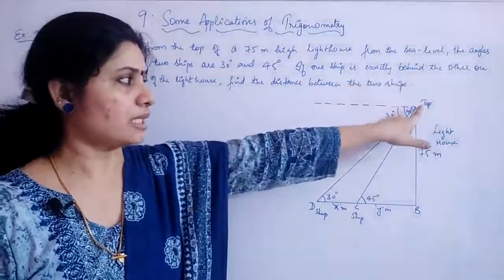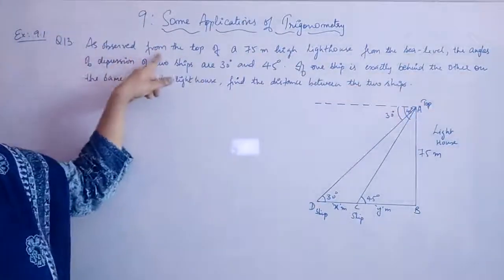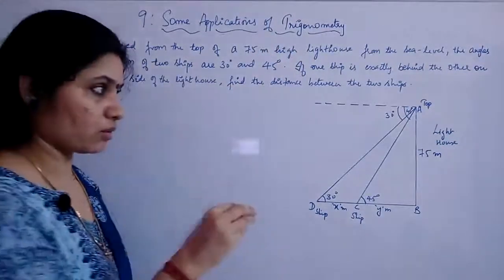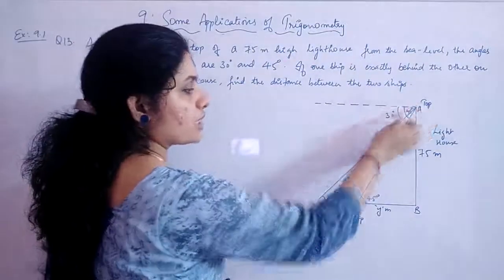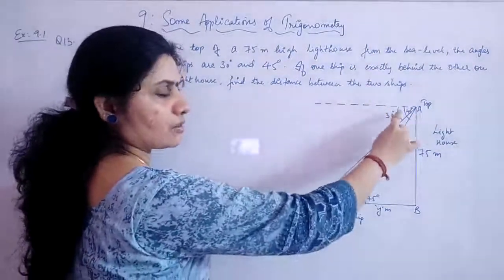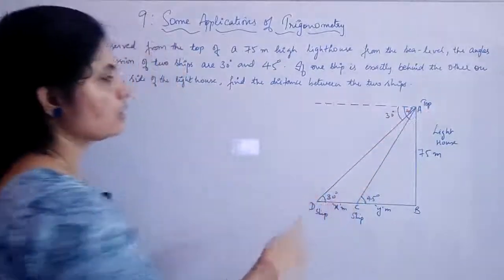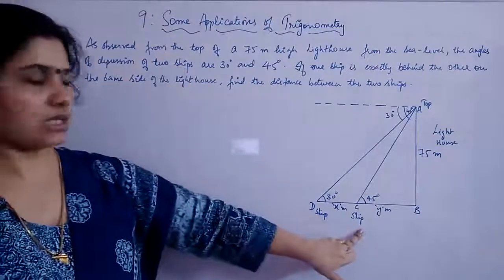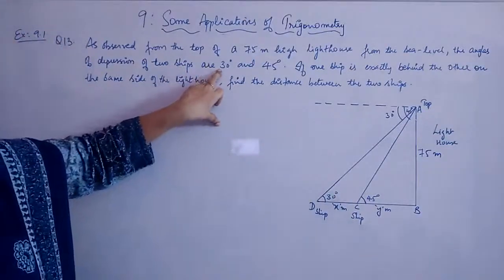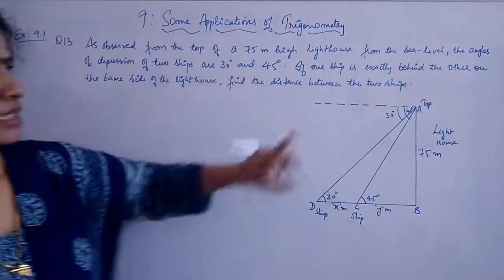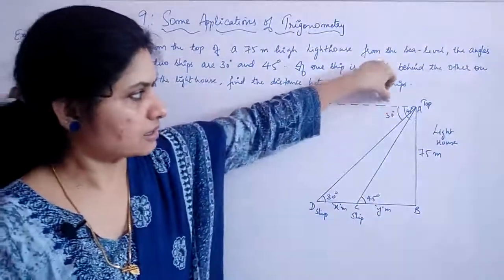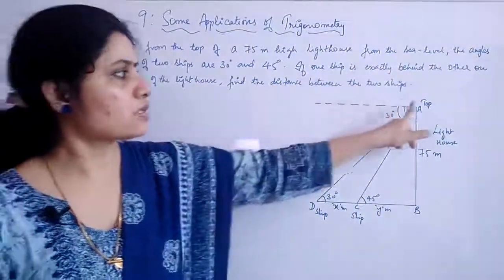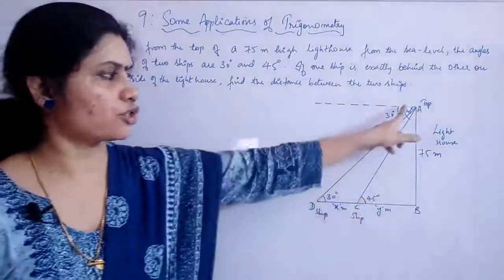And from that point, when an observer is looking down, angle of depression is always looking down. This is the horizontal line, okay. And from here the person is looking down, and the person can see two ships. One is here, another ship is here, and both have angle of depression as 30 degree and 45 degree. So when we say 30 degree, this horizontal line with this is given to be 30 degree, and again this horizontal with the second ship is given to be 45 degree.